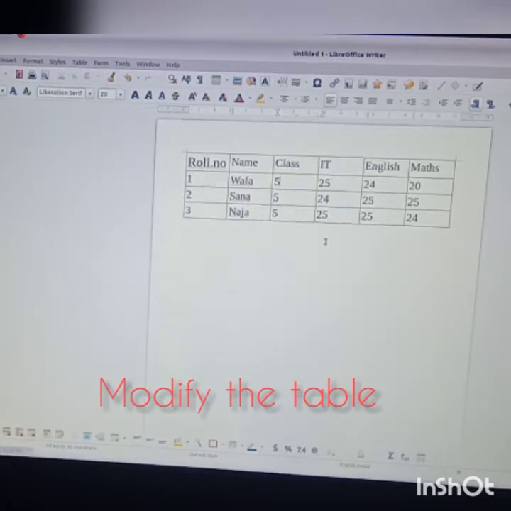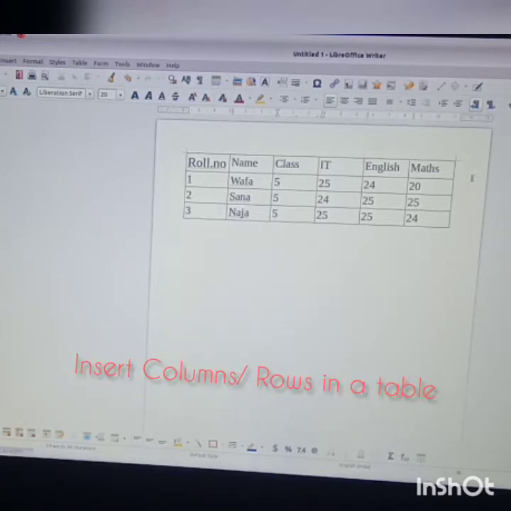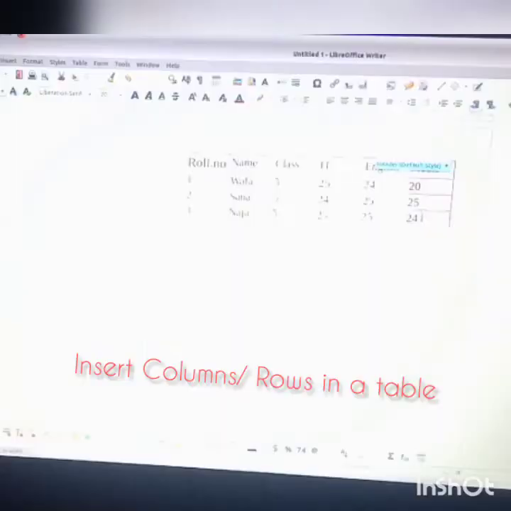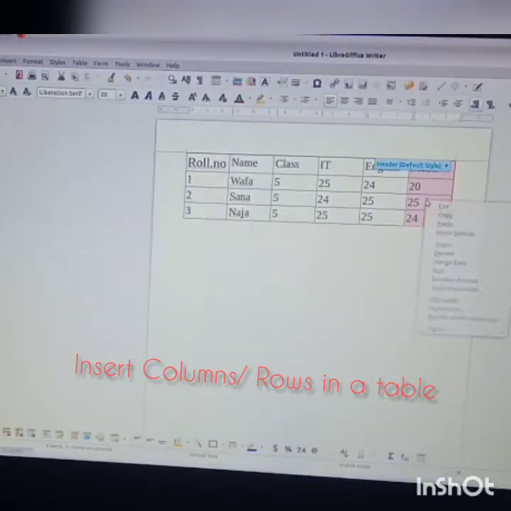Okay. Now we want to add one more subject. So to add one more column, what we need to do children? You have to select one column and right click. Then you will have insert. Can you see insert here? This insert, and you have to say column or rows you want to add.